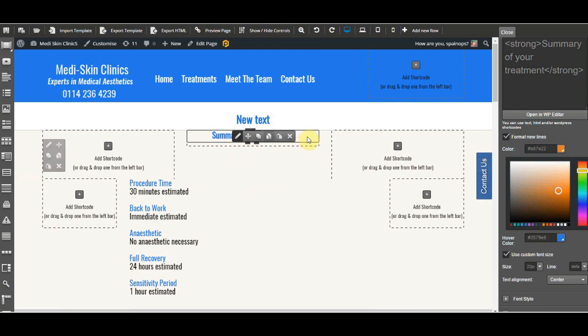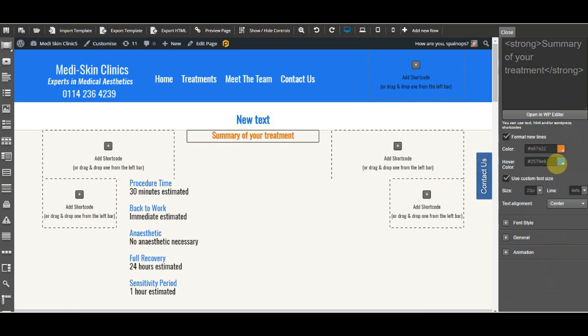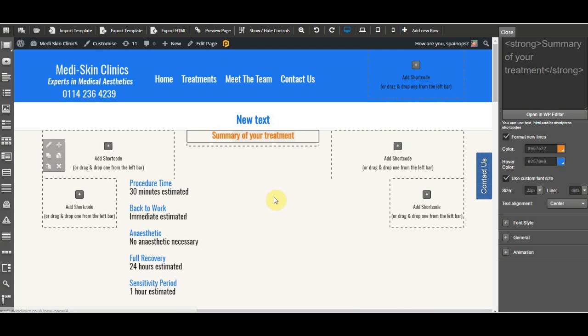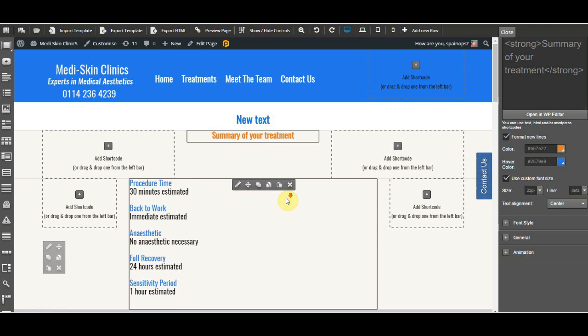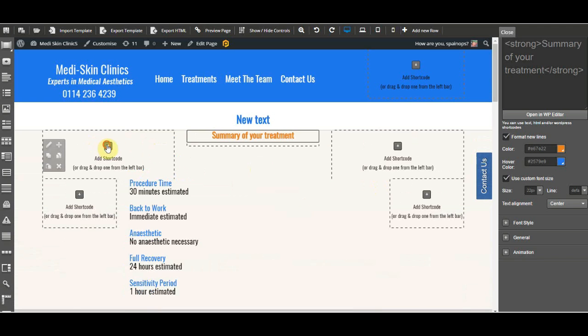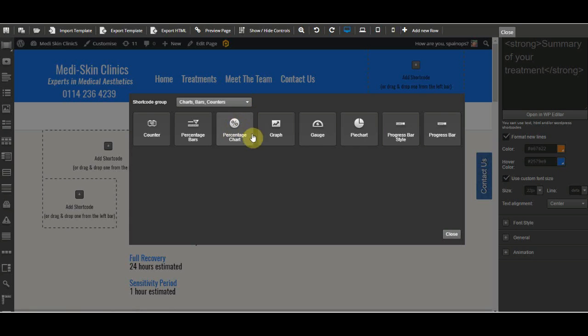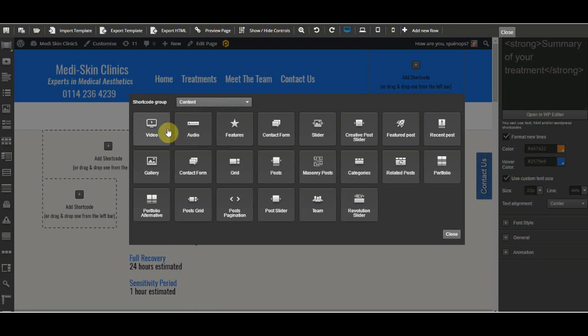You can also, if you want to, change the hover color underneath. So as you hover over that text, it will go blue at the moment. Can't see that in the preview, but trust me, that's how it works. So yeah, that's a quick rundown. I mean, you can add buttons, HTML, bullet lists, headings, tabs, all kinds of stuff. You can really play about with a test page, like what I'm doing here now. You can add counters, graphs, all sorts of stuff. Video,